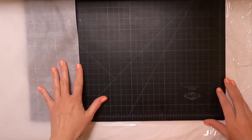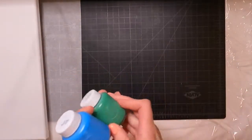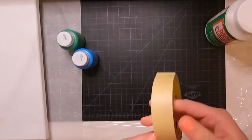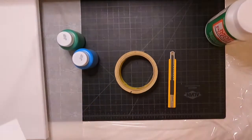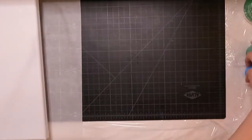I've never done this before. So I have a canvas, some plastic cups, some plastic utensils, some paints, some Mod Podge. I also have a few extra materials, some masking tape, a utility blade, and a design that I want to cut out. So getting started, I just want to clear off a spot on my cutting mat